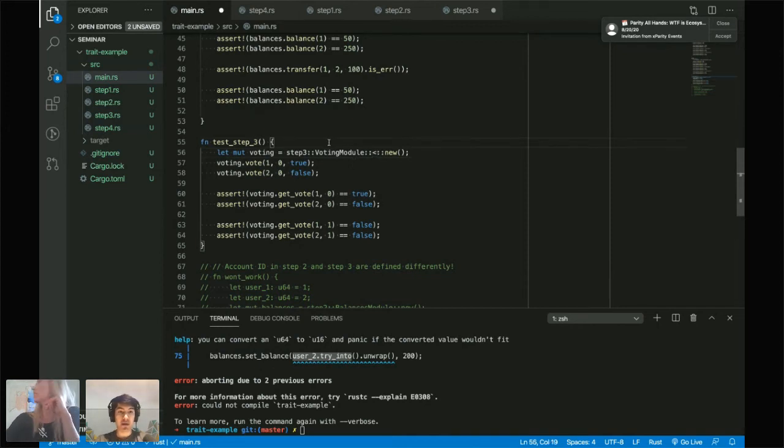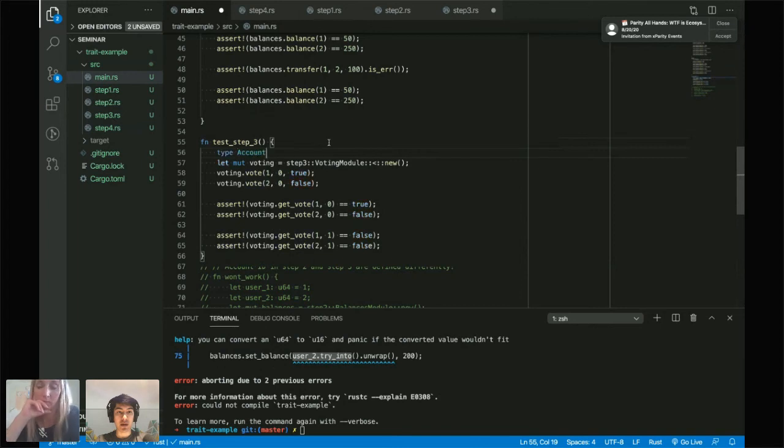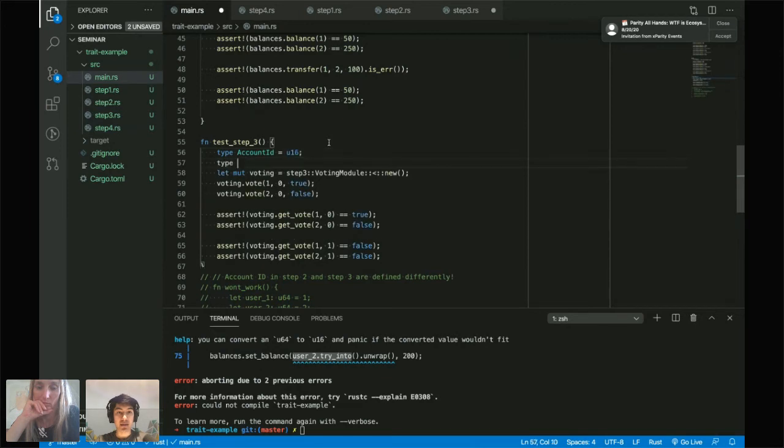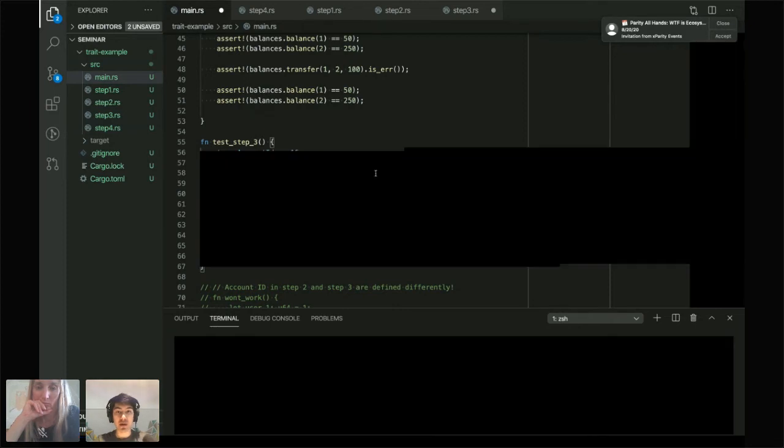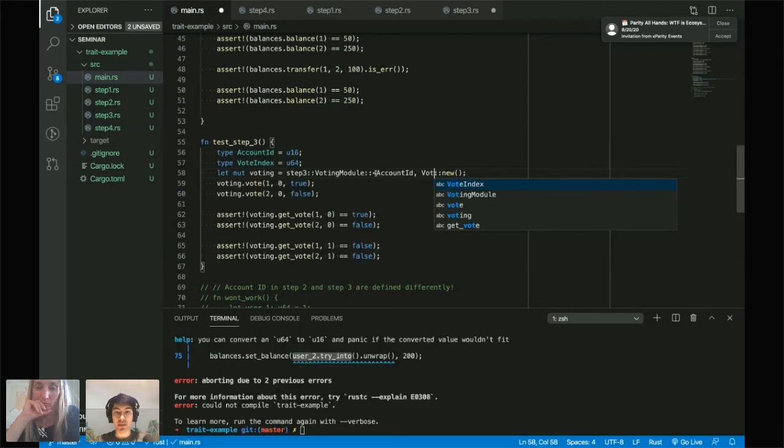So type AccountID equals u16, and type VoteIndex, I'm sorry, let's just do that real quick, VoteIndex equals u64. And I can pass these types into the instantiation of the struct, AccountID, VoteIndex. And this is basically the syntax for how you do that.